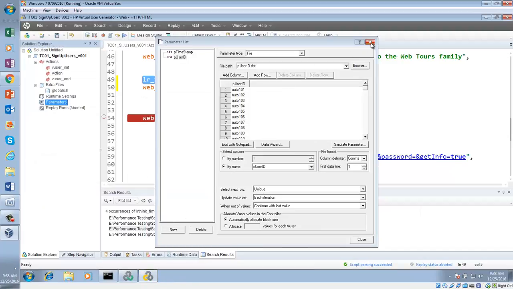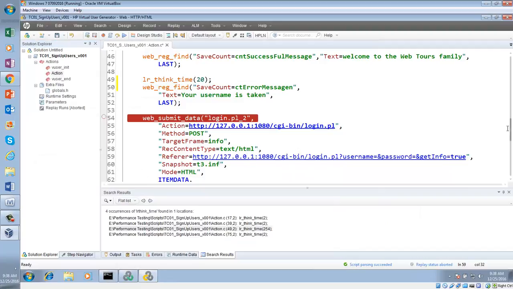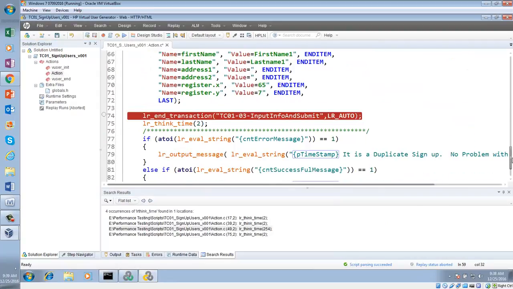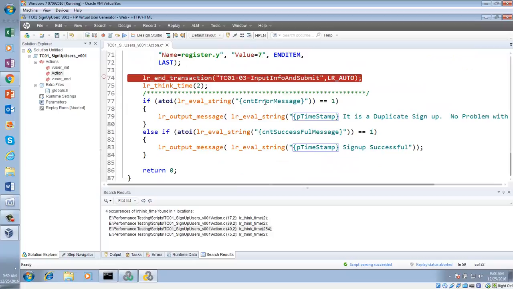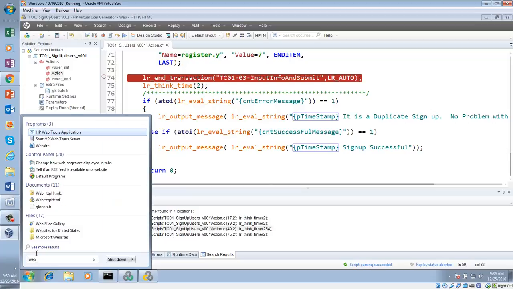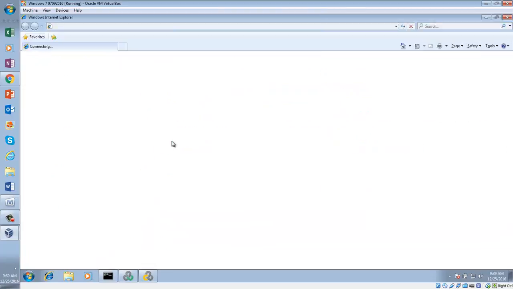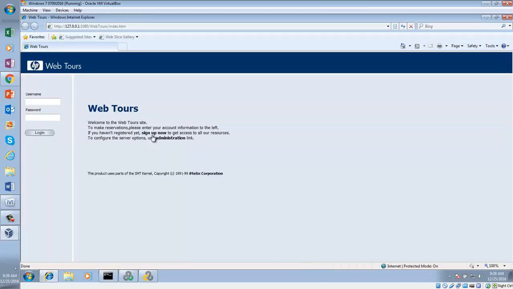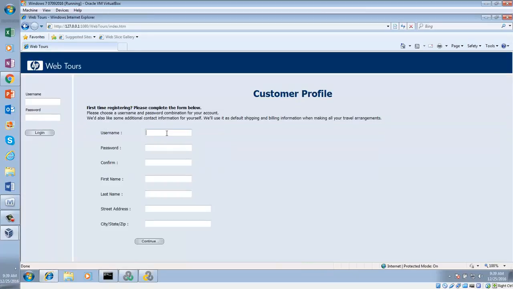Now let's take a look. If the error message is 1, then we are saying duplicate sign up, right? If we get that error message, the ID is taken, right? But let me go to that application, click on sign up. Let me keep this field empty.